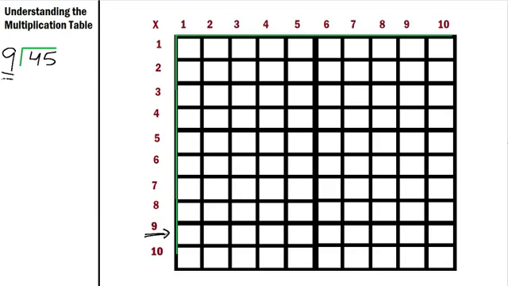And I'm going to start putting my groups, and I'm going to say, well, how many groups of 9, or how many things are in each group if I have groups of 9? So, or 9 groups. If I have 9 groups, that's going to be a lot of colors. All right, so I have